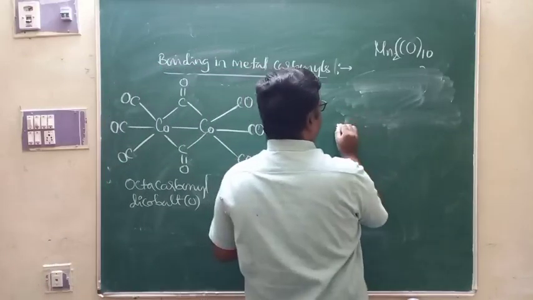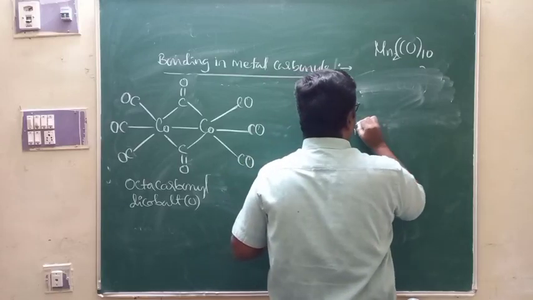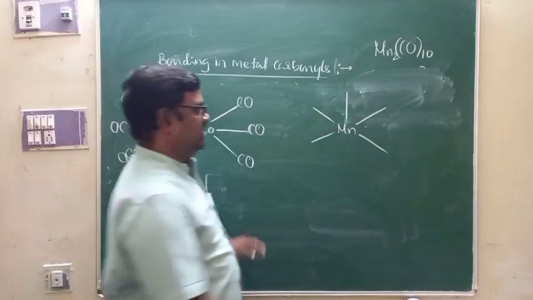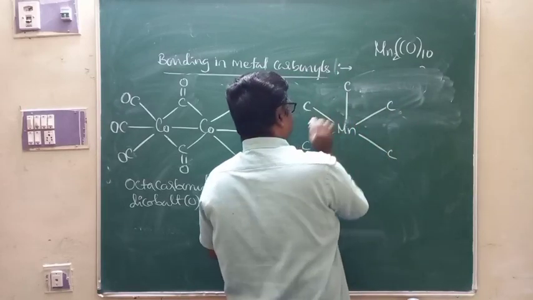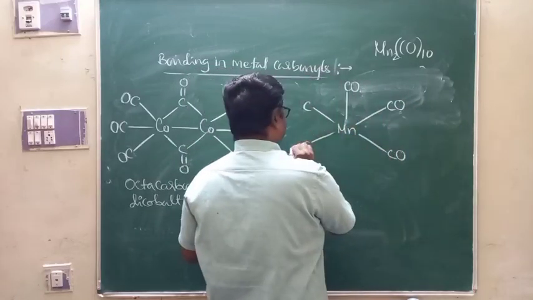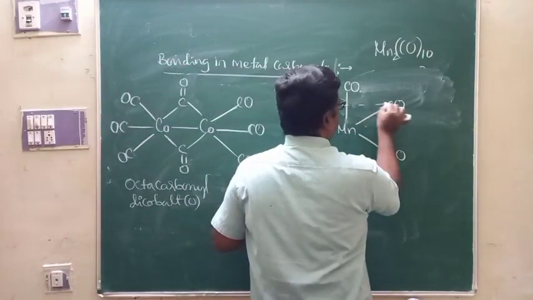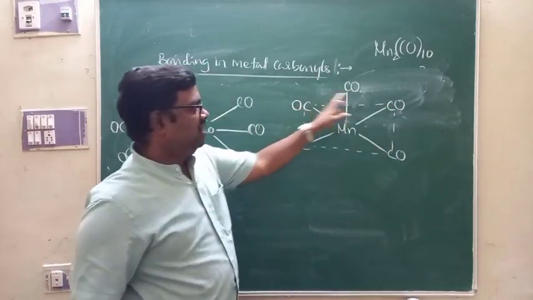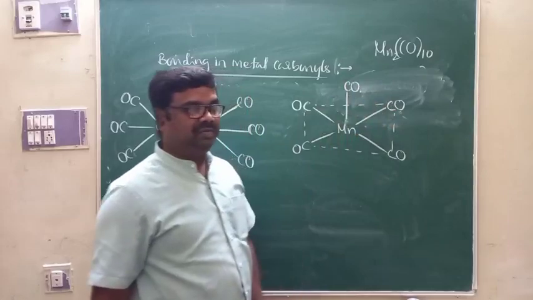Look at this. Let me write that. That is Mn, square pyramid. First you write the square pyramid of MnCO 5 times. This is C, this is C, this is C, this is C, and this is C, and of course 5 carbon monoxide molecules attached to manganese. This is one square pyramid. 4 ligands in one plane, one ligand is above the plane. That will form one square pyramid.